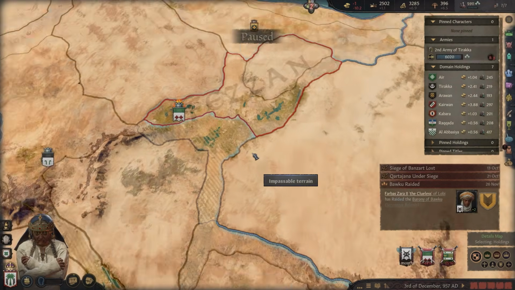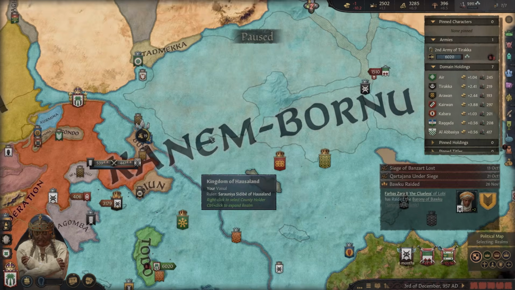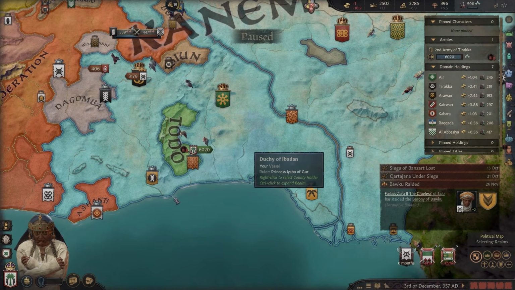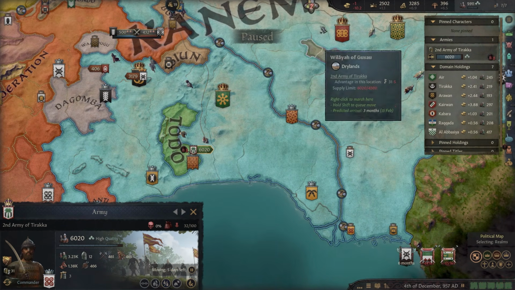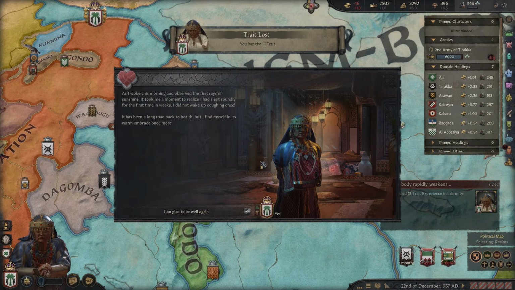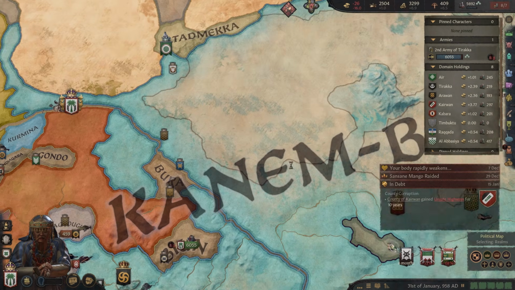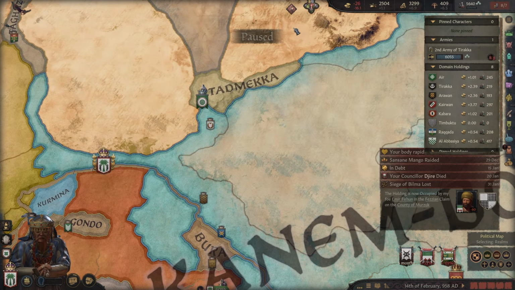You have ticking war score? Yeah, you also have ticking war score. I'd like to win against the one at the top because it's a duchy. But let's see. Okay. Let's go. I am so about to drop dead. I'm no longer ill though. That's a positive. I am in debt. My counselor died.